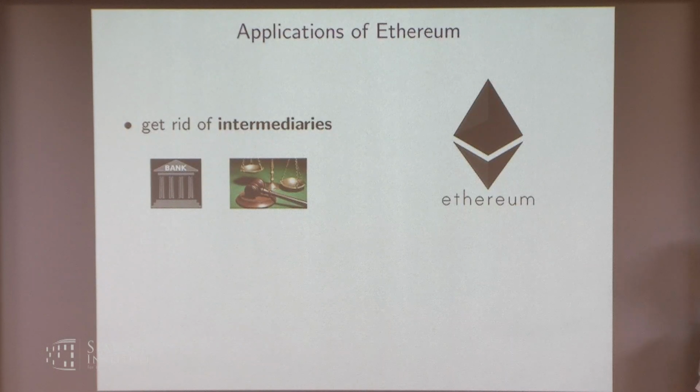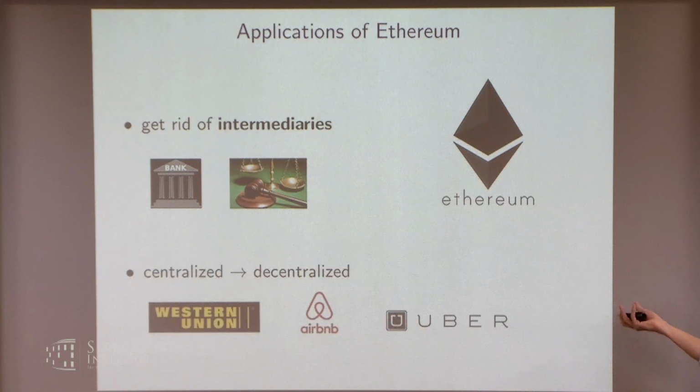And this is my last slide. So this links to the third workshop, Decentralizing Society. What are the big promises of blockchains and smart contracts? It is that you can get rid of intermediaries. You don't need banks anymore. You don't need courts of law, if smart contracts work the way that people imagine them. And you could have services that now work in a centralized way, working in a decentralized way. So you could have an Airbnb where there's no company charging money, but just users that do things collaboratively.